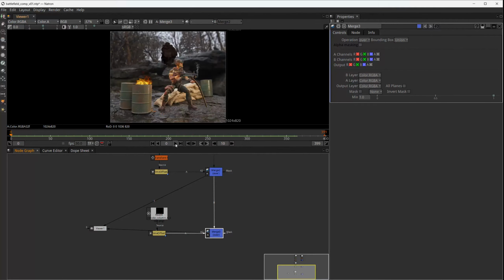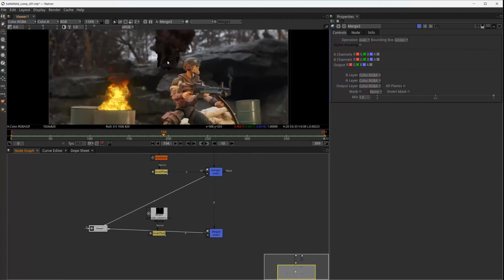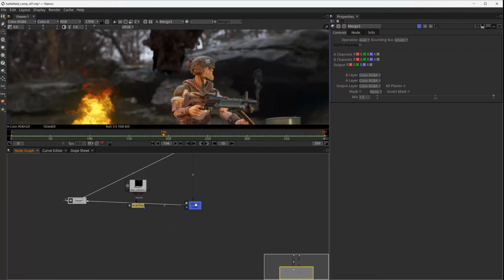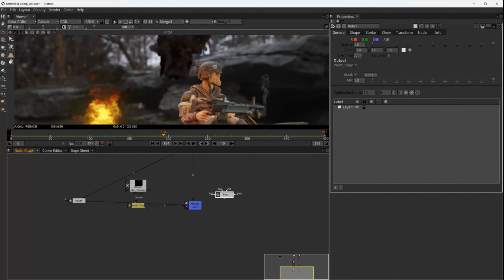Okay, so although the smoke column is looking nice, we need to make it look as if it was behind these rocks. And to do that, we can create a mask or a roto shape. So let's do that now. I will select a frame where we can see the entire column, zoom in, and here beside the merge node, I will click on the node graph and press the O key, which is a shortcut to create a roto